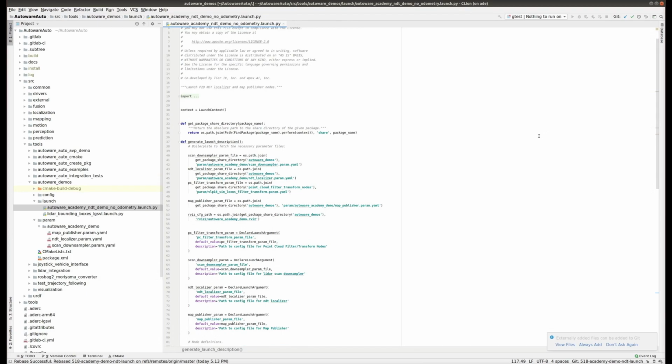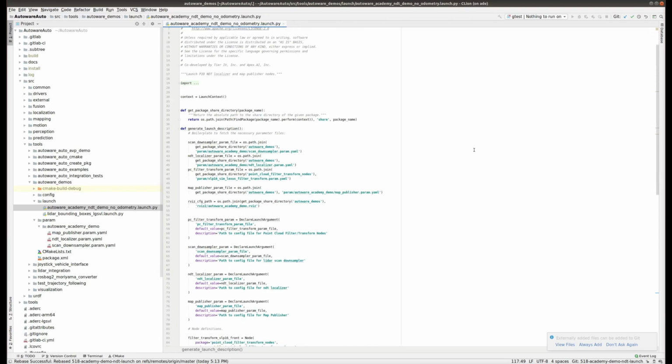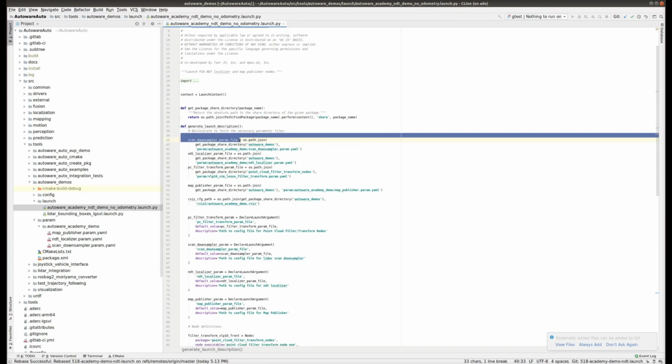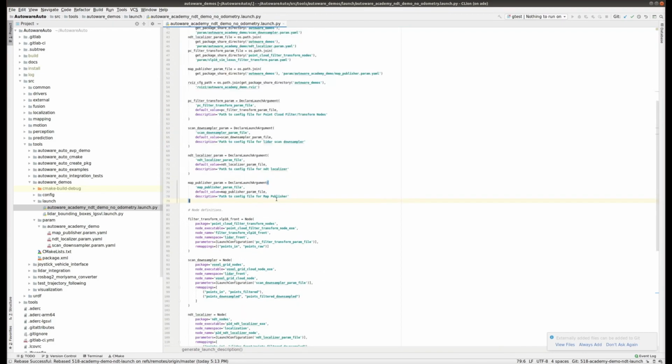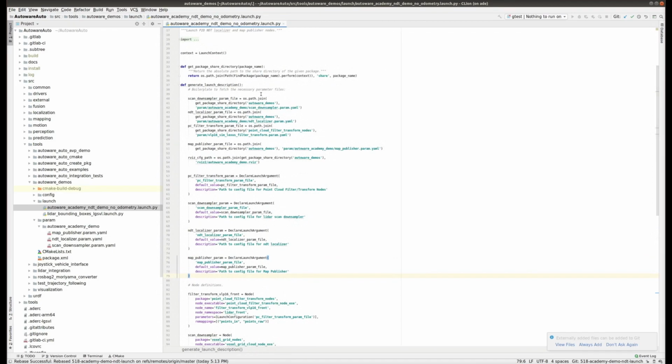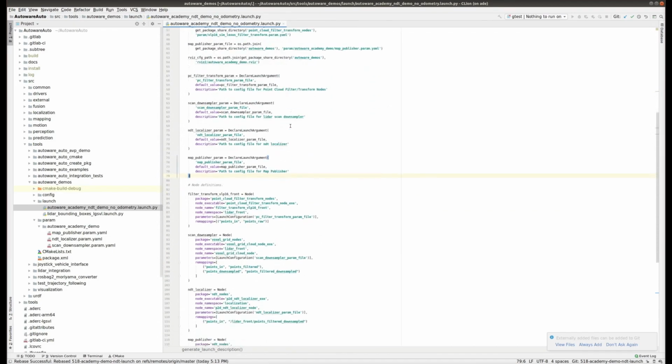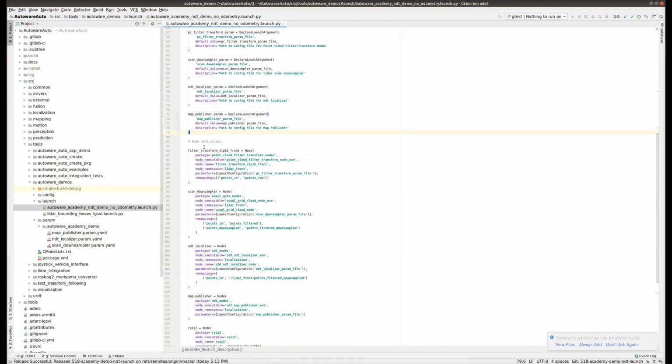Now let's take a look at what we include in our launch file. Here you see a bunch of boilerplate for fetching the correct parameter files, so I will not be getting into detail for these. And I will start with the nodes. Here we start with the filter transform node, and this node will transform the Lidar scans from the sensor frame, which is Lidar front, into the base link